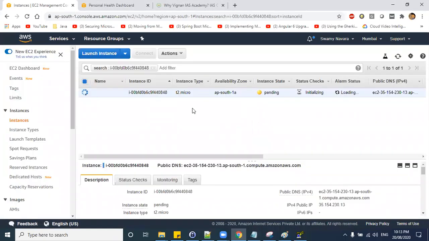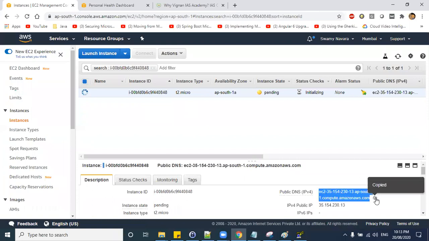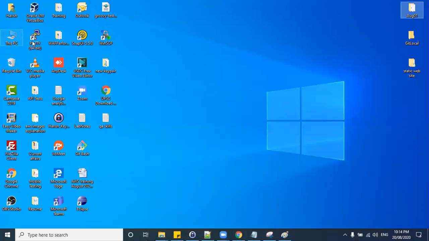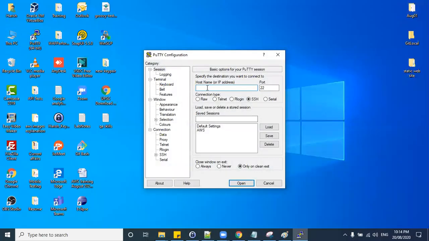So go to your EC2 machines. So copy your machine IP address. So now you can try.